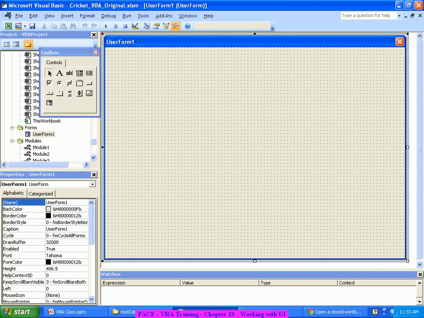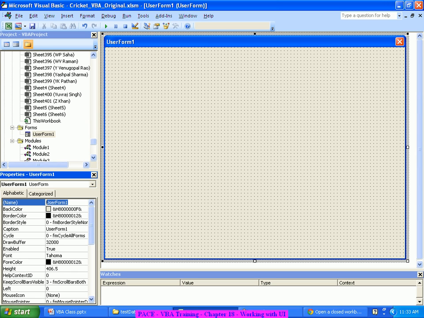On this form, you can ask the person to actually enter the data. We'll create probably a player name, just like the way you fill some other form, we'll create something on this and link it to our Excel sheet. So this form, you see the name is showing as UserForm1. Some properties, if we see, or this name itself, I'll change it probably as PlayerData. Instead of UserForm1, let me call it PlayerData.